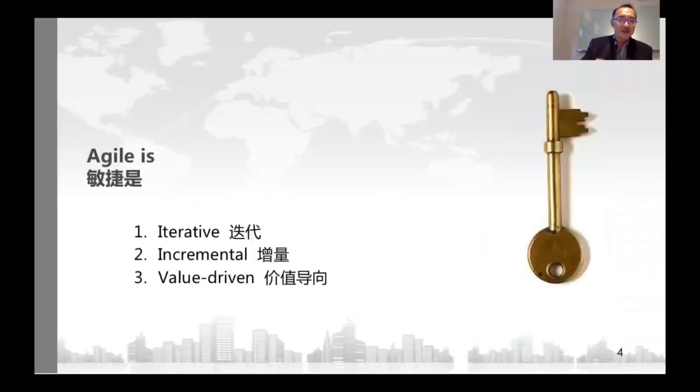So Agile basically is something that is iterative, and again I'll go into a brief description of what we mean by iterative, as well as the second one, incremental. It is always about value-driven, as in we really want to deliver value for the customers. We are really wanting to deliver something that is beneficial to the customers. It is that moving target that we mentioned earlier on. It's something that we try to deliver to the customers, but we are not quite clear at the beginning what it was. And sometimes the customers are not sure about what it was in the first place.